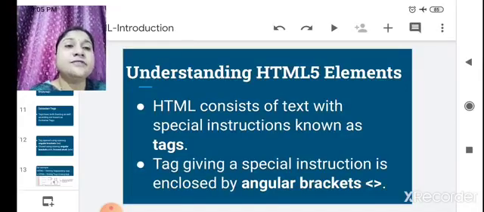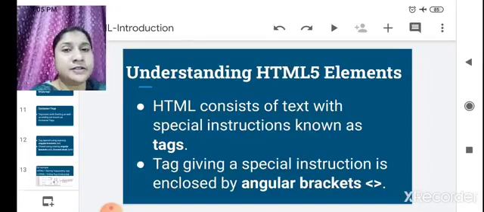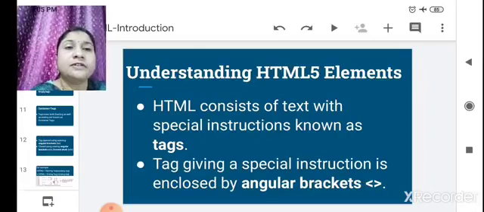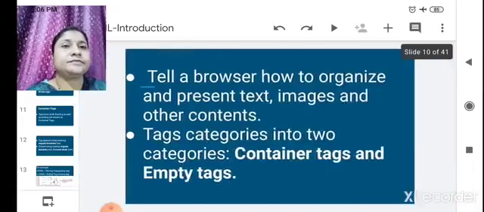Tags give a special instruction and are enclosed by angular brackets.